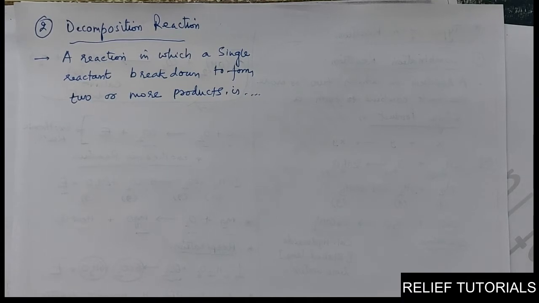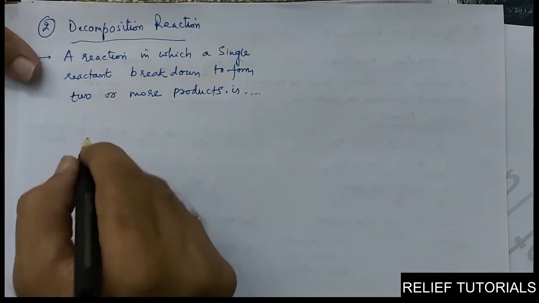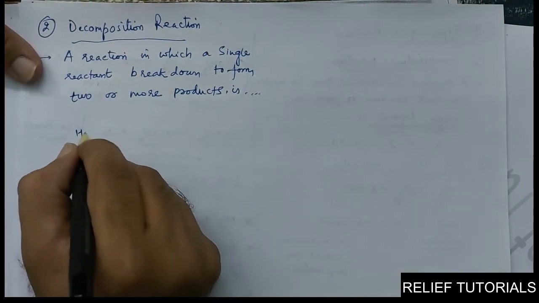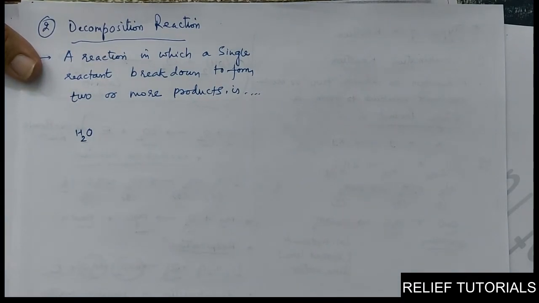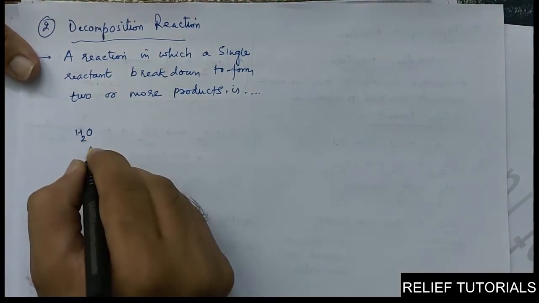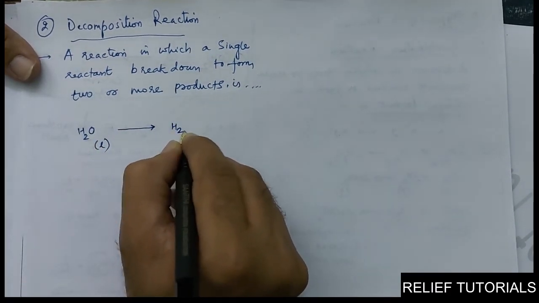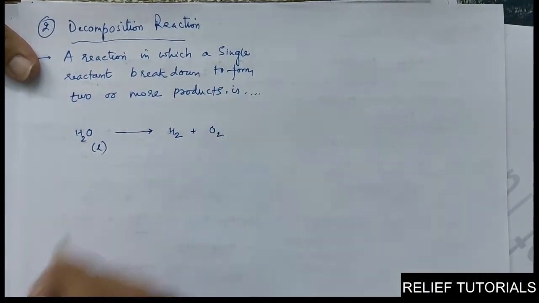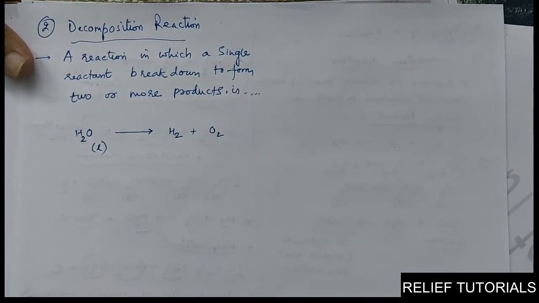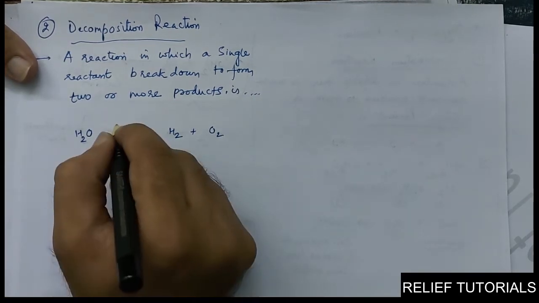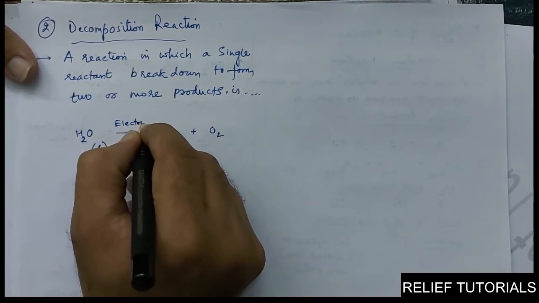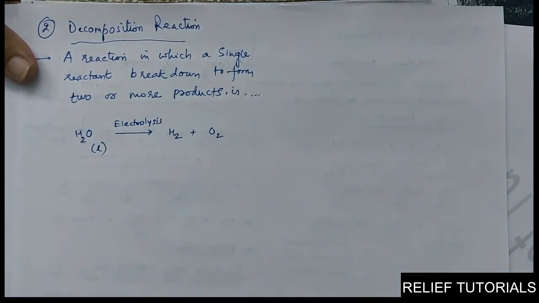Normally, in the decomposition reaction, while breaking them, let us discuss this by an example. Let us say we have water. I want to break this. I want to make hydrogen and oxygen separate. So I think it's a very old example that if you take the liquid state water and if you want to break it into 2 parts, I think electricity is required. This is the breaking process of water using electricity. So I think it is called as electrolysis process.